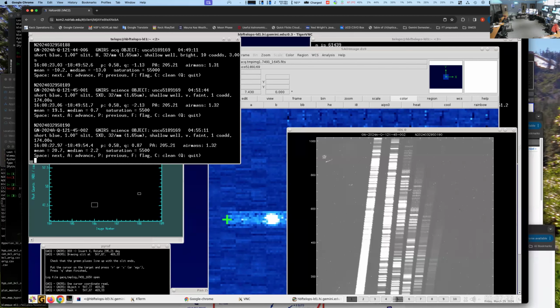And so you take that quotient basically and you apply it to your science data under the assumption that the science data that you took had the same telluric absorption as the standard. And so a couple things for that is, ideally, if you had a multi-object spectrograph, you'd want to be taking a telluric observation at the same time as your science observation. That would be the ideal case, because you're getting it at the same exact time, at the same exact location on the sky,